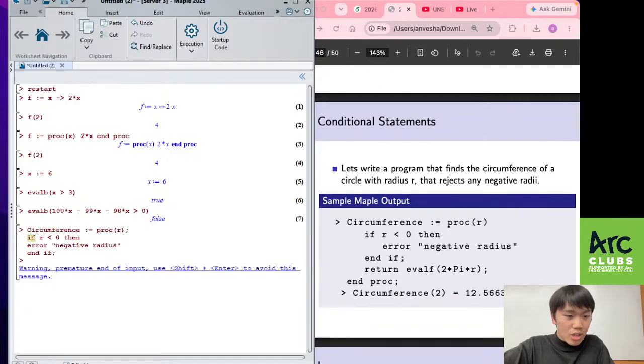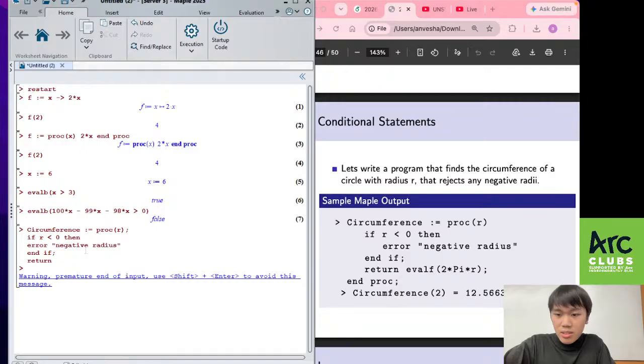As you can see the structure here, you put the if, then you put the condition, and then you do the then, and then you can put whatever action you want to do. Once you get into the condition, you can put more lines if you want to extend this program, but we're just checking if it's negative, so we don't need to do much. We've done our check. If it is negative, then we'll throw the error. But if it's not negative, then we can just evaluate the circumference. So eval f, eval function,